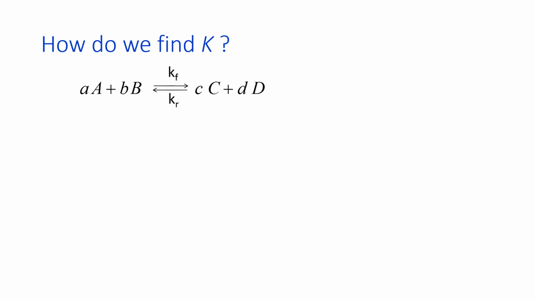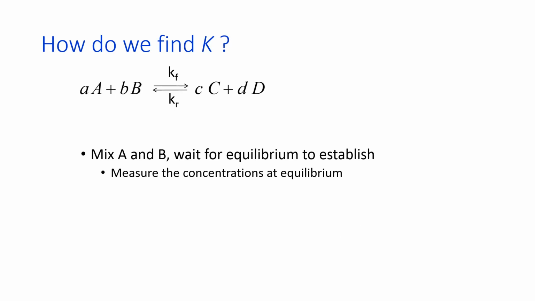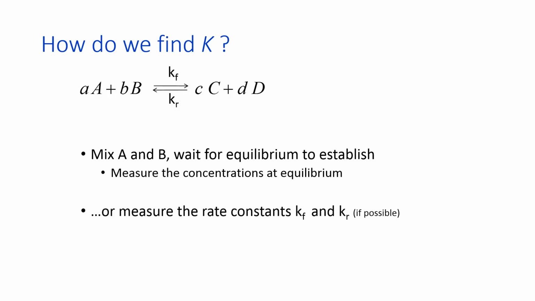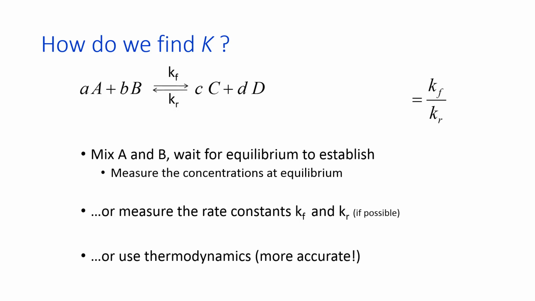Finding the equilibrium constant experimentally, there's a few ways to do it. First of all, we can just mix the two reactants, wait for equilibrium to be established, and then measure the concentration of everything and use the equation. We can also measure the forward and reverse rate constants if we can make that measurement, because another expression for the equilibrium constant is that it is the ratio of the forward to the reverse rate constants. We can also use thermodynamics. Depending on the thermodynamics of the reaction, we can use a different equation that we'll talk about in lecture